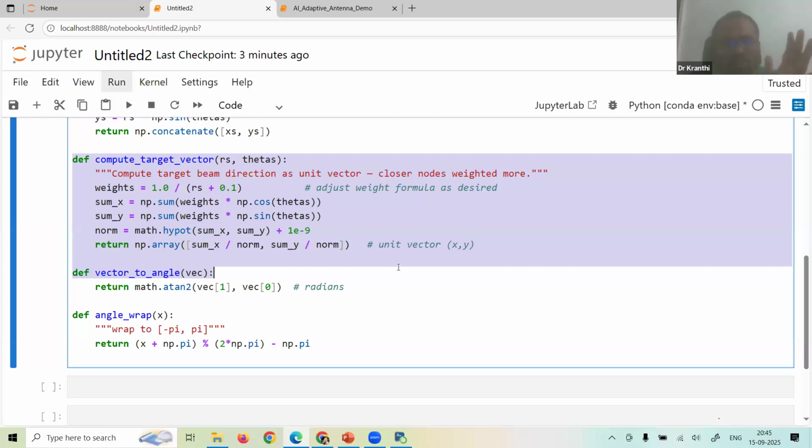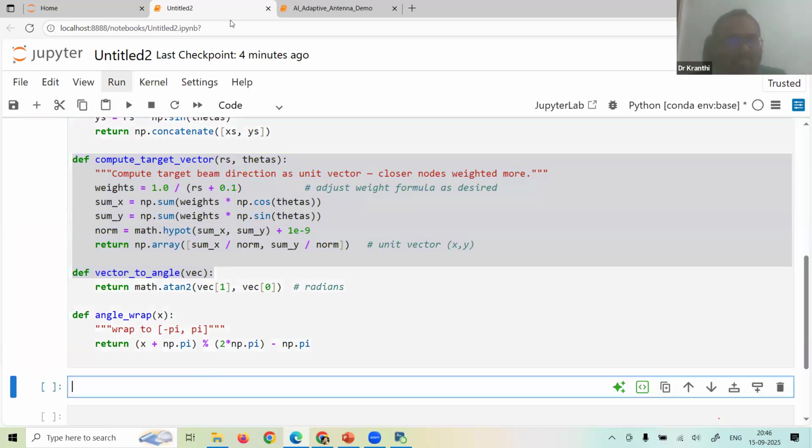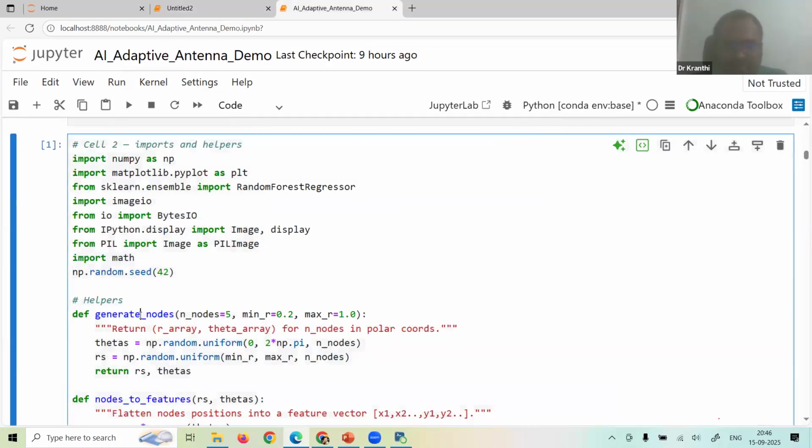So the last one, vector to angle, converts the beam direction into an angle, which is exactly how antennas treat their beams. So it is not actual data. In the previous slides, I explained what an antenna is, what sensors are, and how these multiple devices work with base stations. I need to project the same replica with a sample program. Finally, that code is basically a mathematical toy model for adaptive beamforming. So here, finally, we store all the data. And next, we go with